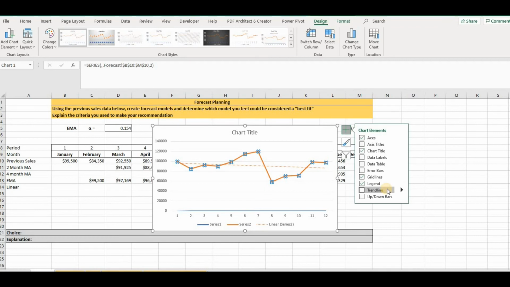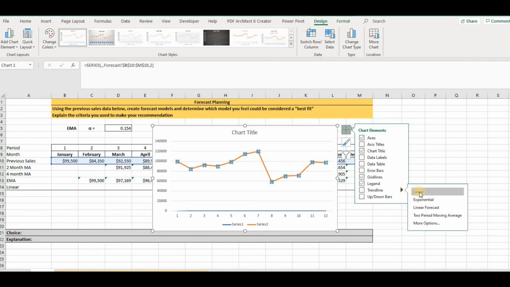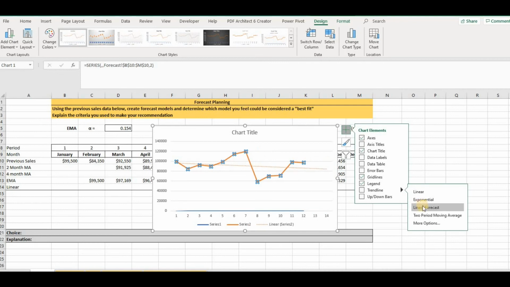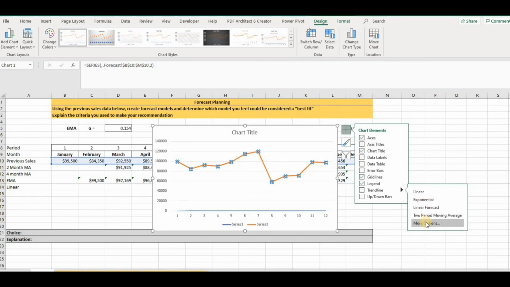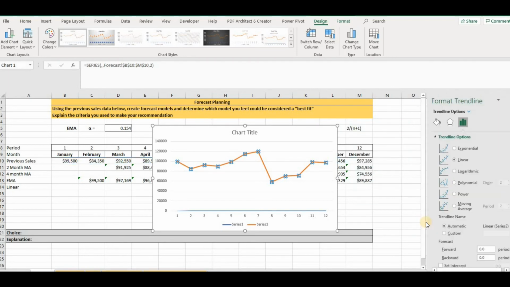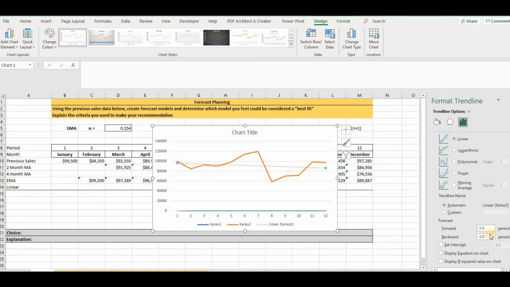And then we want to move over to the right to that arrow. Okay? And then we want to go down to this pop-up, and we're going to go all the way down here to More Options. Okay, this is where we want to be. All right, and then this menu will pop up. We want to drag this down, and you can see, guys, the second item from the bottom says Display Equation on Chart. Okay, so we'll select that,